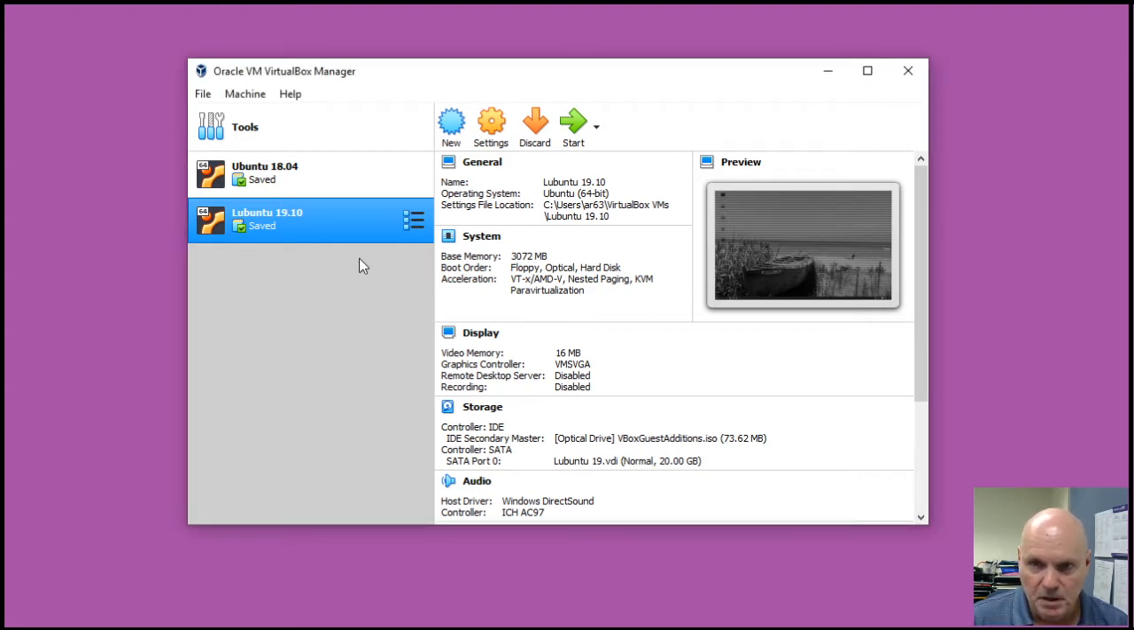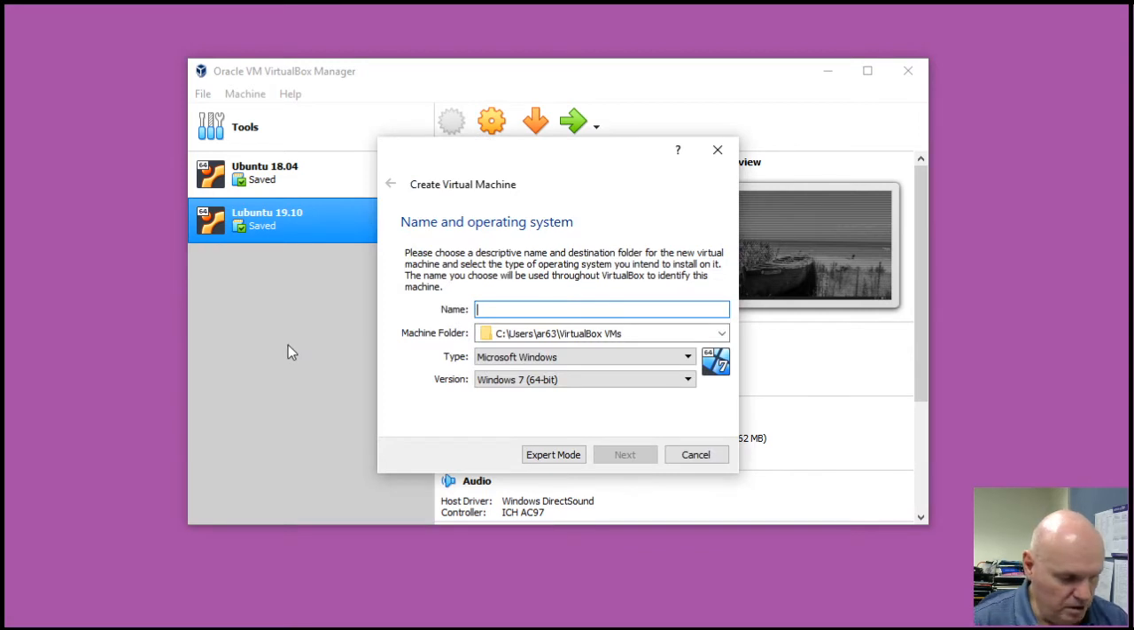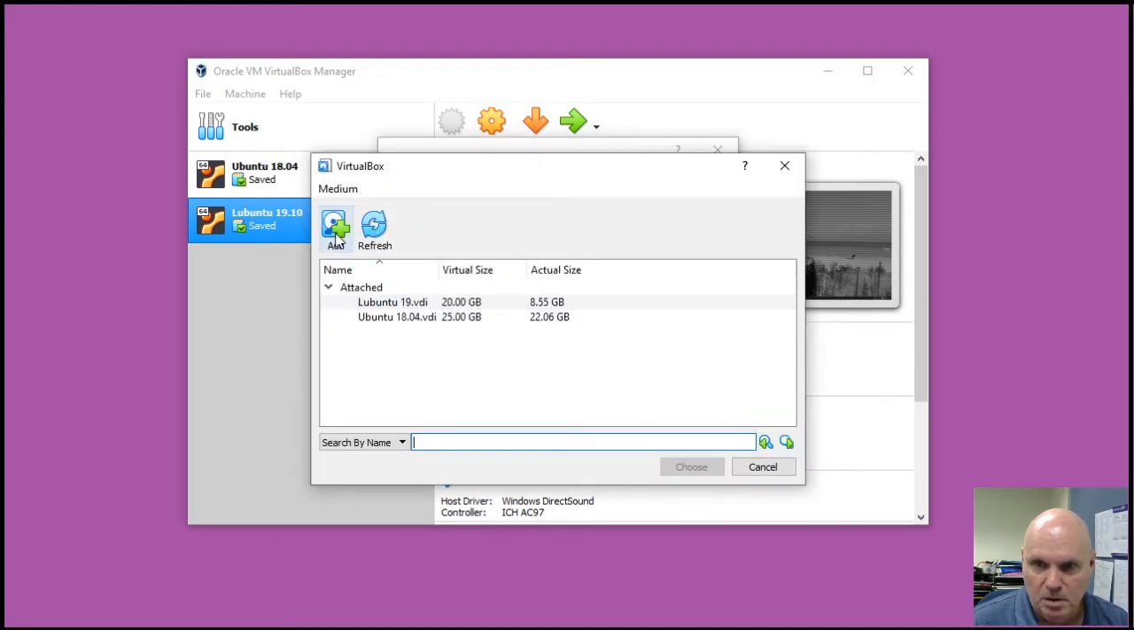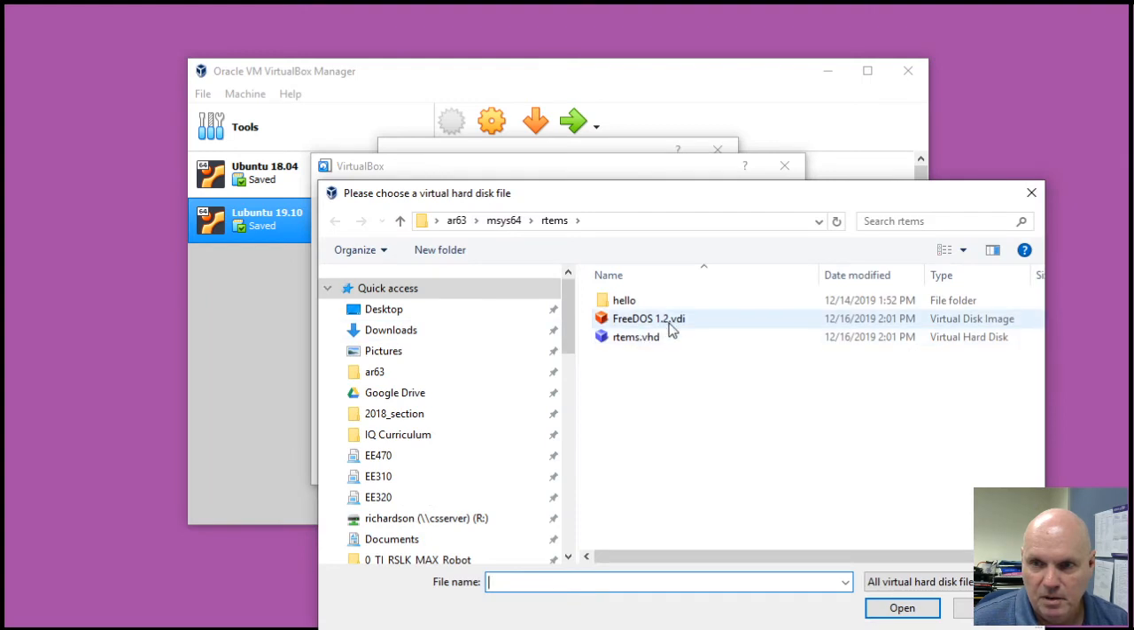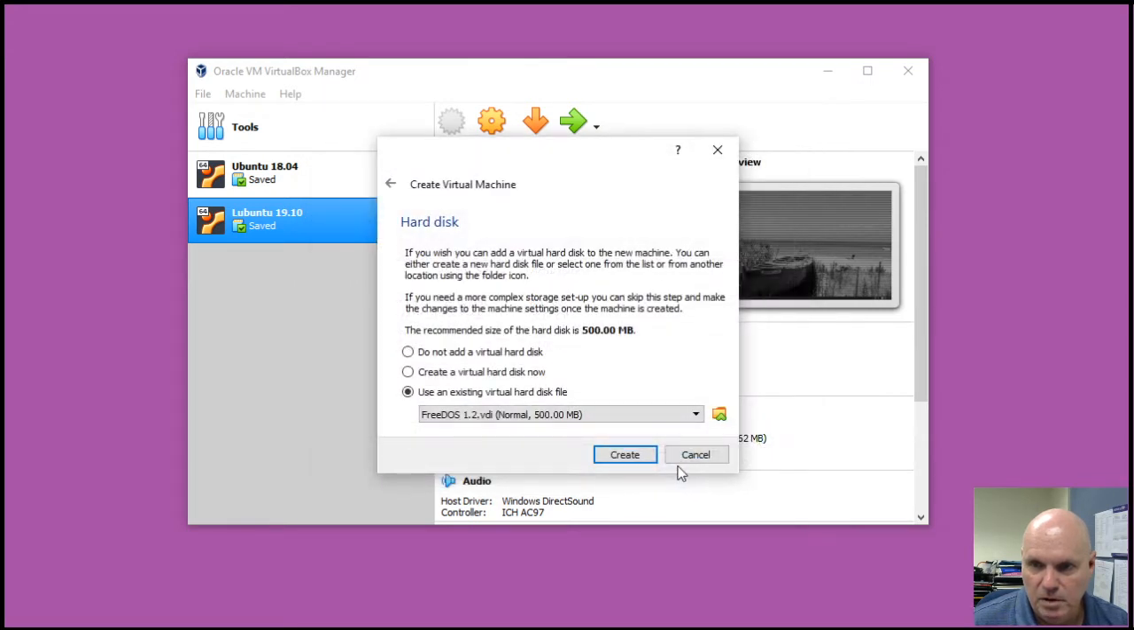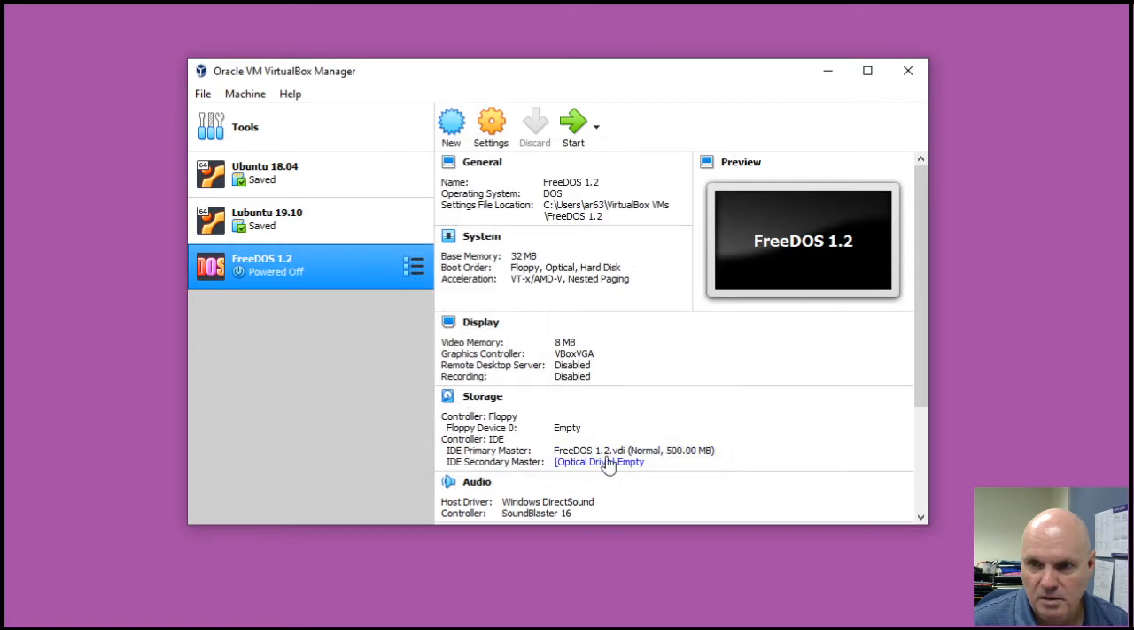manager, and we're going to create a new FreeDOS machine, FreeDOS 1.2. Next, the 32 megabytes of memory is fine, and then we're not going to create a new virtual disk. We want to use an existing one, so just browse, click on add here, FreeDOS 1.2 VDI, and we'll choose that one. Again, this is the one that contains our FreeDOS image, and select create, and so we'll see it's attached now